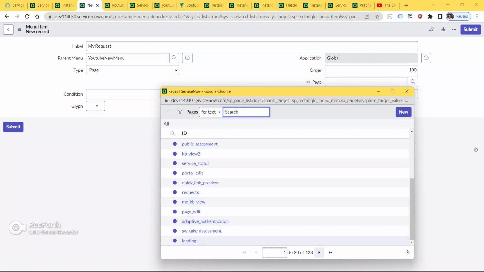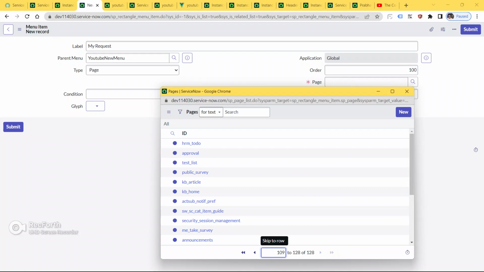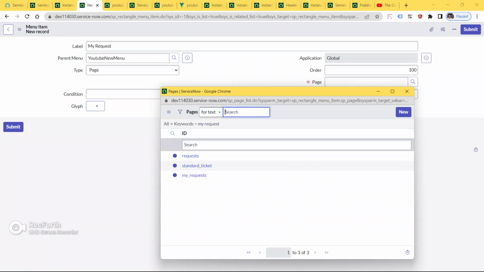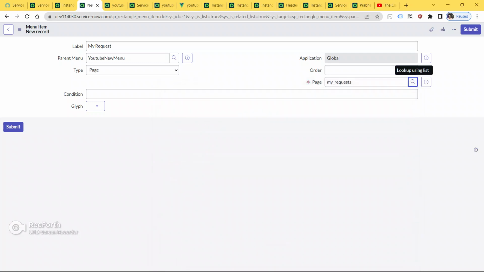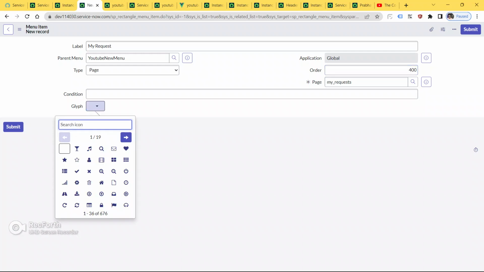Okay, so now I'm gonna put search my request. Okay, search here my request. So this is the my request. I'm gonna select this my requests as a page, and we have to provide here order also as 400.